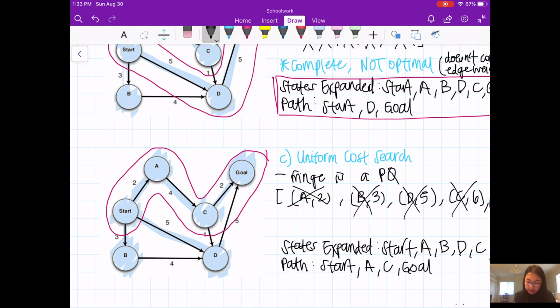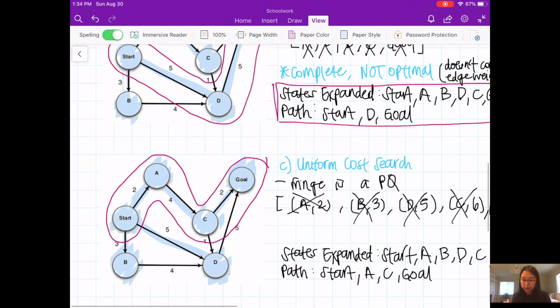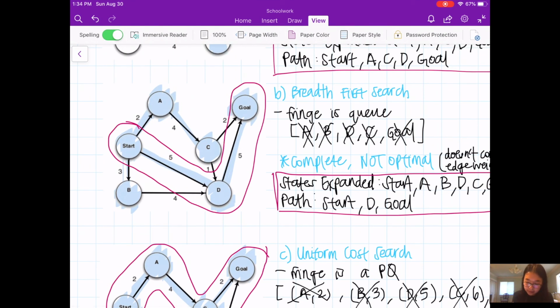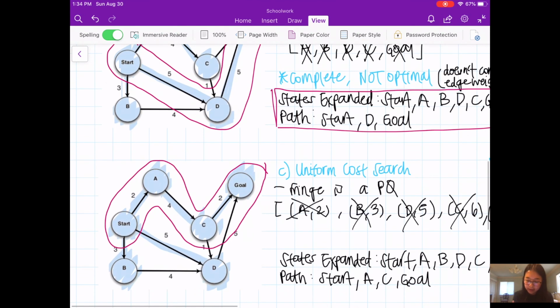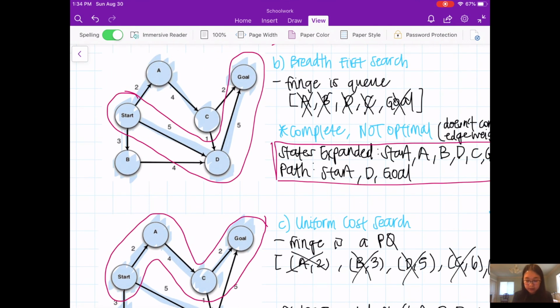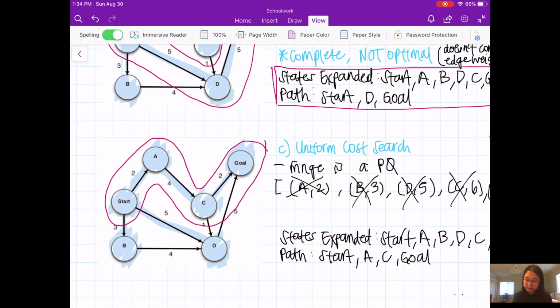That shows how when you take weights into account, it can be different, and that proves how breadth first search is not optimal, because in the same graph we found a more optimal path of length 8 versus length 10.